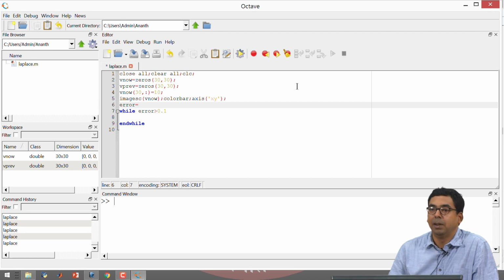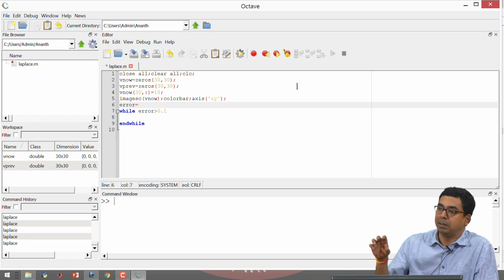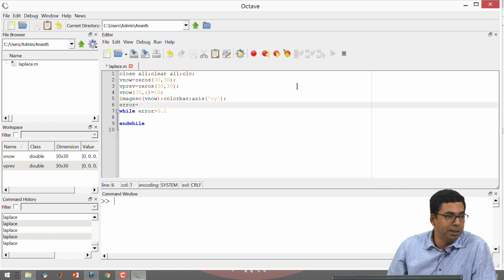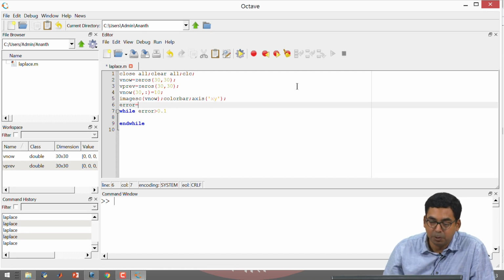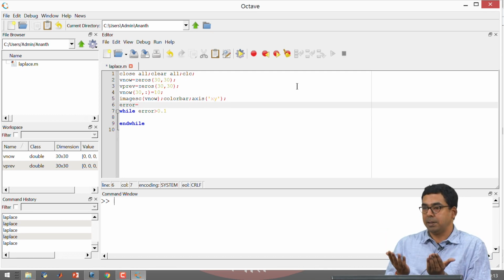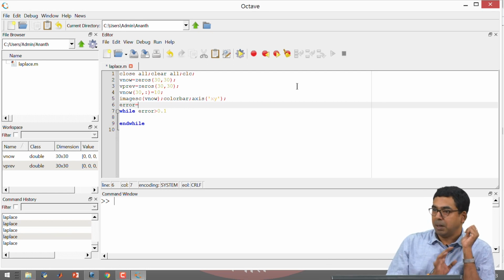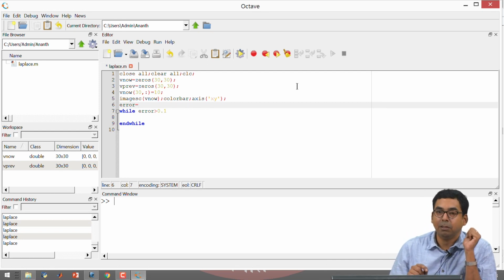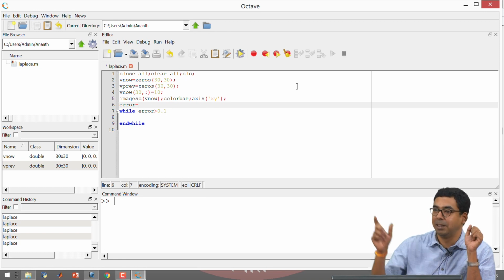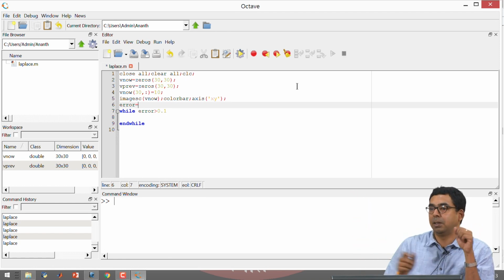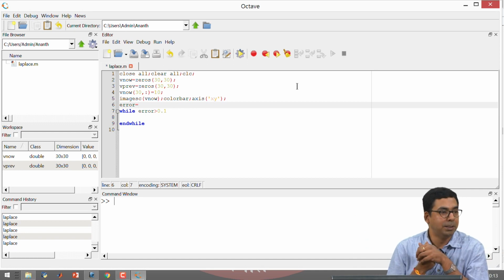So, now we have to figure out whether we want to take each and every point and compare, or whether we make some maximum error admissible in the entire difference matrix that you have got. So, the simplest way to do it is you take the difference between two matrices and you take the maximum element. But now the question is, since you are having V now minus V previous, it is quite possible that between the iterations there is a sign change. Maximum will capture only the largest positive number. It is also possible that you have a large negative number which is coming as a difference between the two matrices. So, we have to deal with the absolute value of the difference, right.